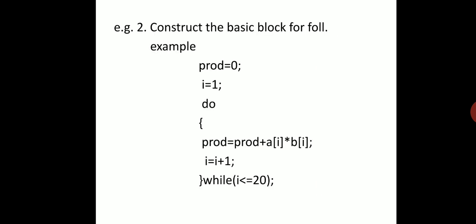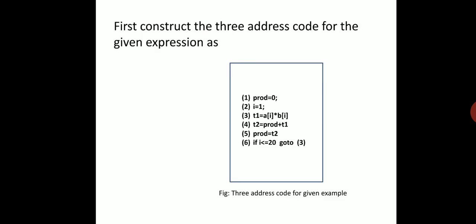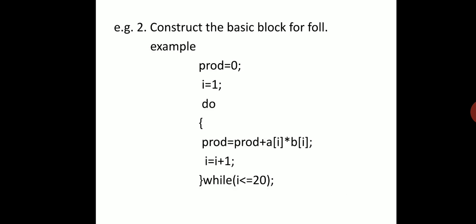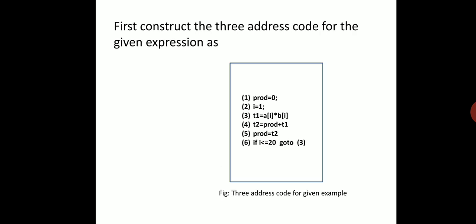While converting a do while loop into three address code, this loop is always replaced by an if statement. Keep in mind that you may say there is no do loop or while loop here. Whenever we convert any loop, whether it is a do while loop, a while loop, or a for loop, we do not use these loops. We replace them by if. So here we have replaced do while by if.